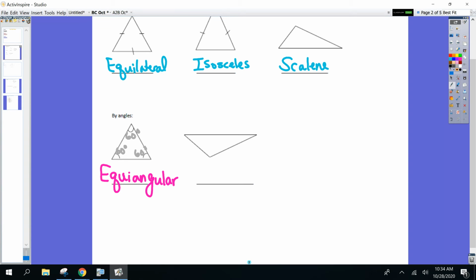Do you guys have an angle measurement already in your packet? Is there an angle measurement on this second triangle? Yes, no? What is it? So I could write it in myself. 105, thank you. So this is a 105. All right, so if that's 105, anybody know what I should be calling this triangle now? You do not need the other angle measurements for this one. I just need to know that that one's 105, so I can call it